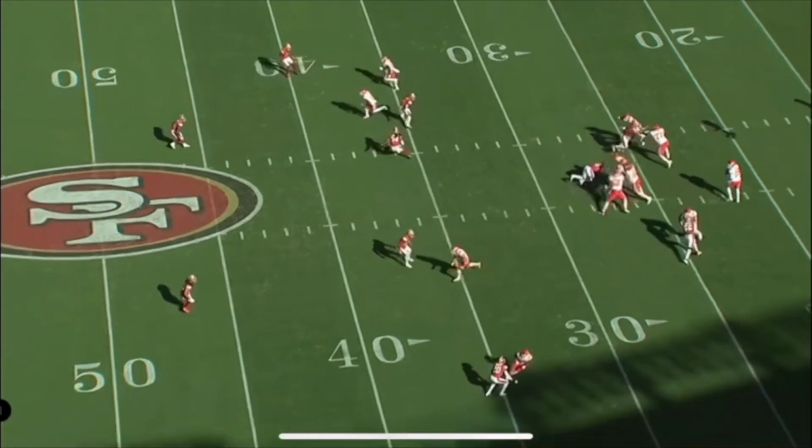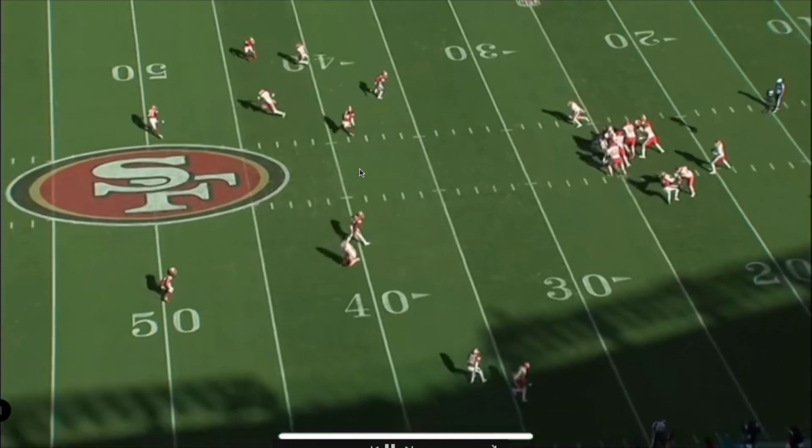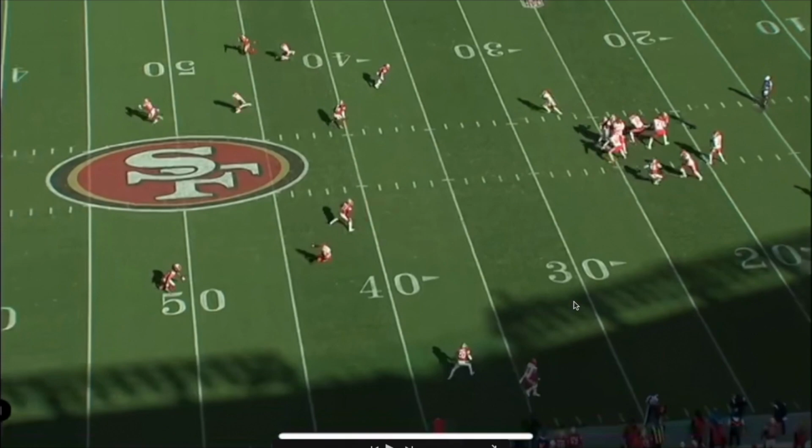So this is zone coverage from San Francisco. These guys are running kind of like a cover 6 look because Hufanga has this whole half by himself. These guys are splitting this half of the field. The outside guy comes to the flat, the slot defender comes to the flat, and you've got two guys in the hooks. So this guy is holding the flat, the cloud defender, and then we've got a corner route from the slot,